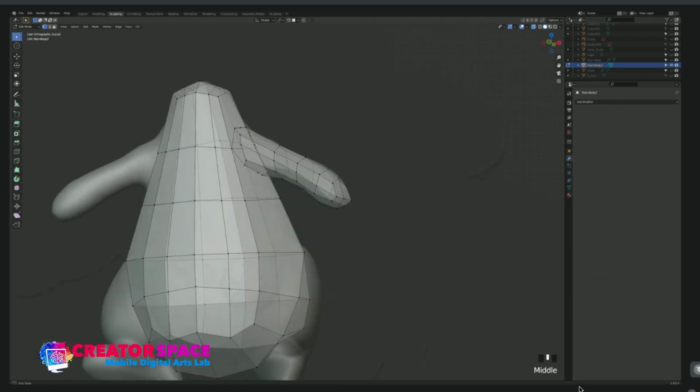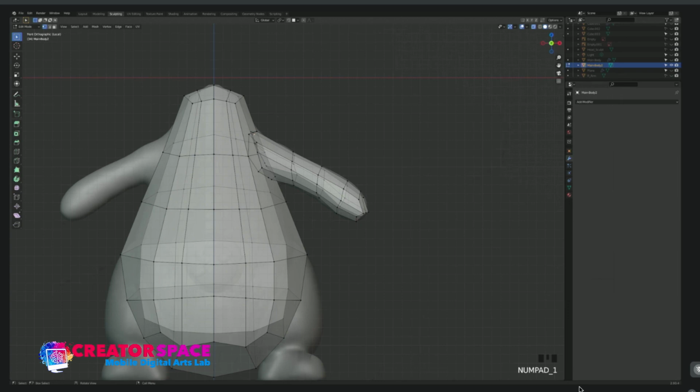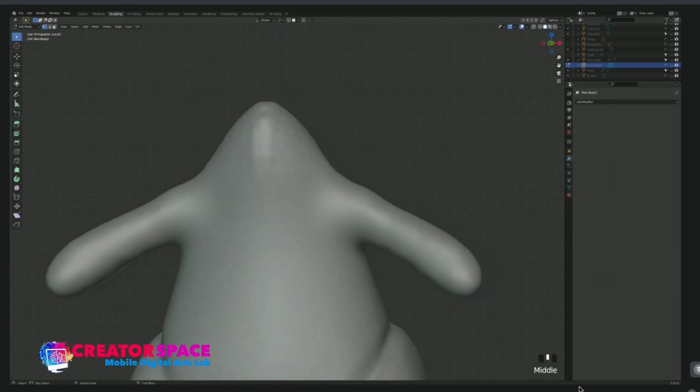So that's one way of retopology your model. And another way of doing it, and some people like doing this if they want to retopology the head, which is more complicated. Okay, so I'm going to turn this off, right? Another way of retopology the model is to